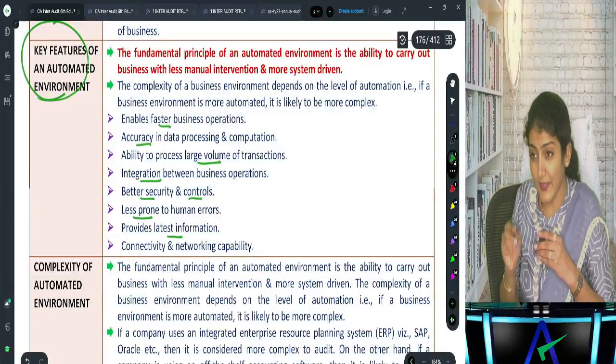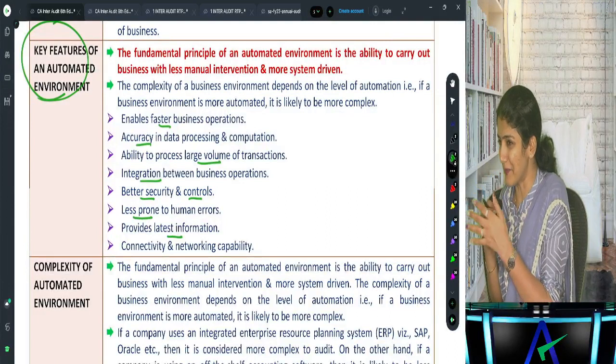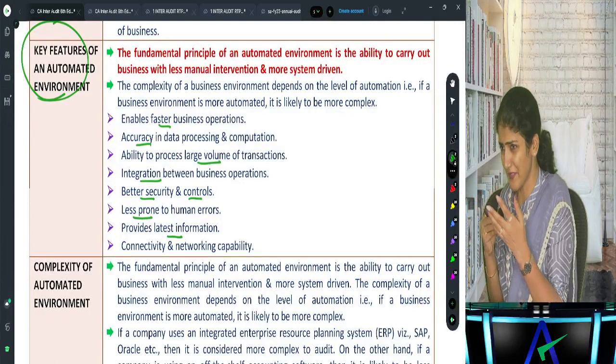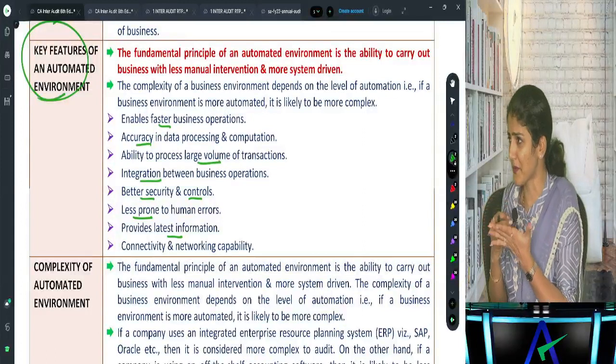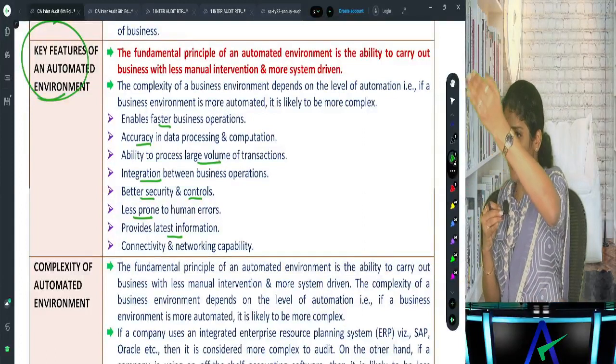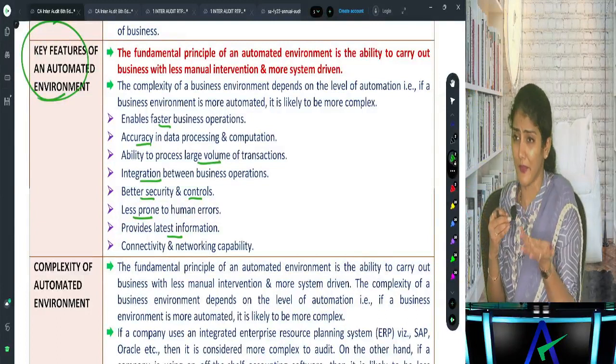Does it provide the latest information? And nowadays the passbook concept, it is still relevant, but losing its relevance. To some extent it is, because now online, can I immediately see the transactions over there? No need to go to the bank and update your passbook and all. It does happen, but I'm telling you, it's not very relevant now.